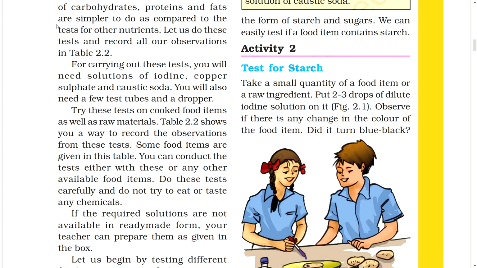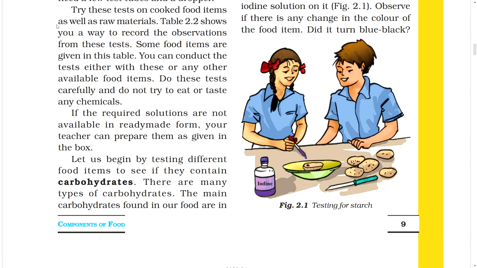Some food items are given in this table. You can conduct the tests either with these or any other available food items. Do these tests carefully and do not try to eat or taste any chemicals. If the required solutions are not available in ready-made form, your teacher can prepare them as given in the box. Let us begin by testing different food items to see if they contain carbohydrates. There are many types of carbohydrates. The main carbohydrates found in our food are in